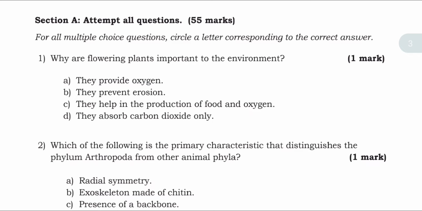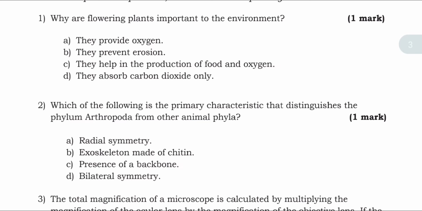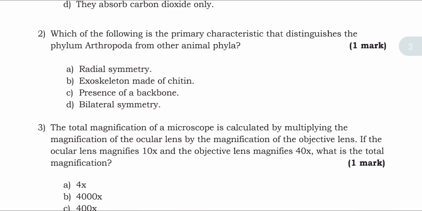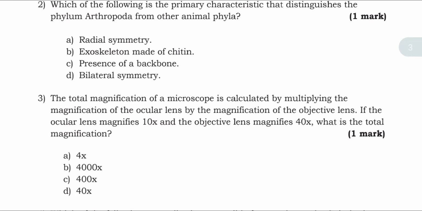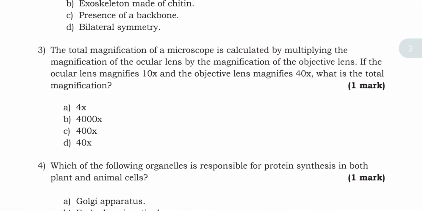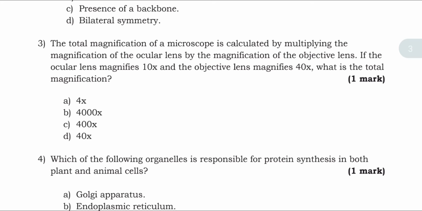What are the following plants important to environment? We have four options that you have to choose the correct answer from. 2. Which of the following is the primary characteristic that distinguishes the phylum Arthropoda from the other animal phyla? Question 3. The total magnification of a microscope is calculated by multiplying the magnification of the ocular lenses by the magnification of the objective lenses. If the ocular lenses are 10 times and the objective lenses magnify 40 times, what is the total